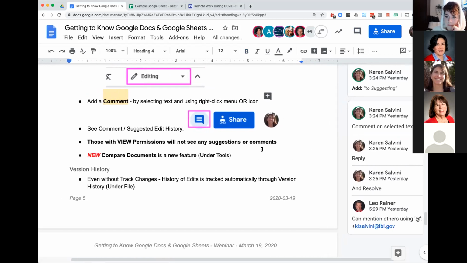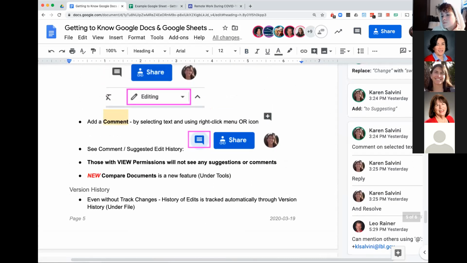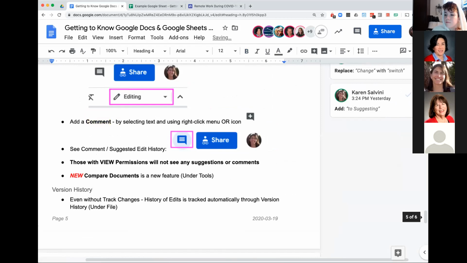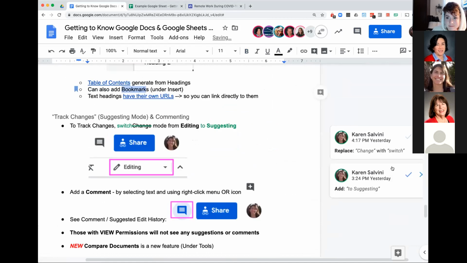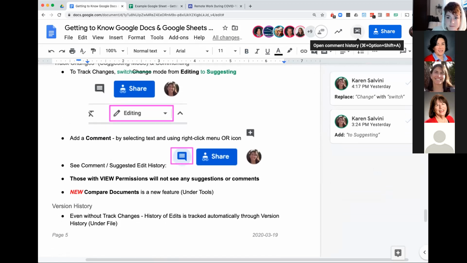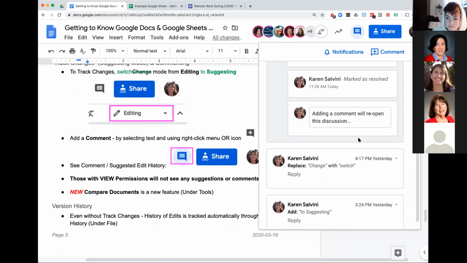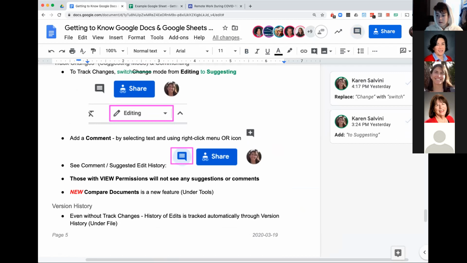Yeah, so these will always be here on the right-hand side until somebody goes in and says, yes, this has been resolved, and it's gone. And I can even, oops, I was hoping I could undo, but that's not what happened. Maybe you can't undo resolving a comment. Oh well, I learned something new. So these will stay here until they're resolved, and if you want to see the resolved comments or all comments, they are here. So I don't know if that answered the question.